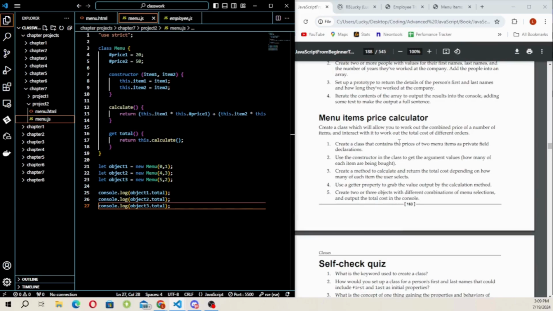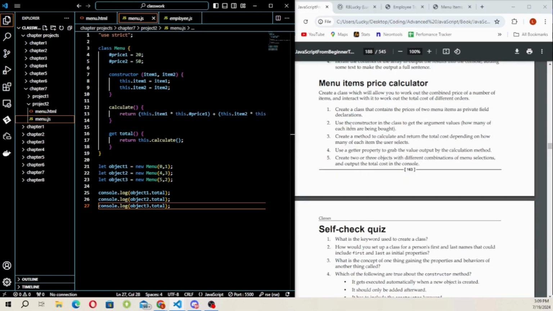So as part of this project, we were supposed to create a class which will allow us to work out the combined price of a number of items and interact with it to work out the total cost of different orders. So the first instruction we have is to create a class that contains the prices of 2 menu items